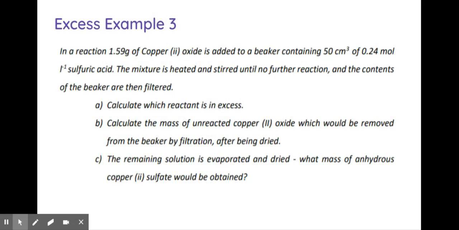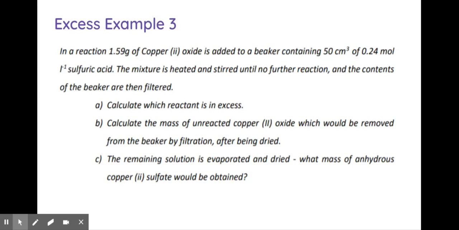Example 3 is a little bit trickier than the first two. We're still going to use the same steps, but this requires a much deeper understanding of excess and what is actually going on in the reaction to solve parts B and C as well. So let's read through this together. In a reaction,